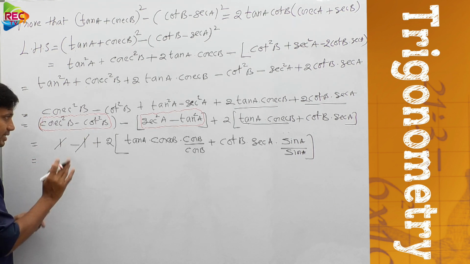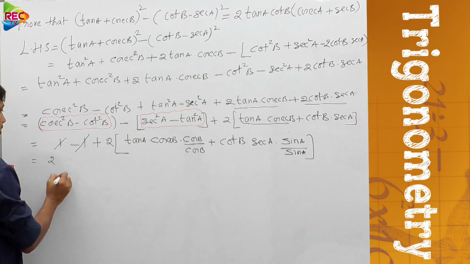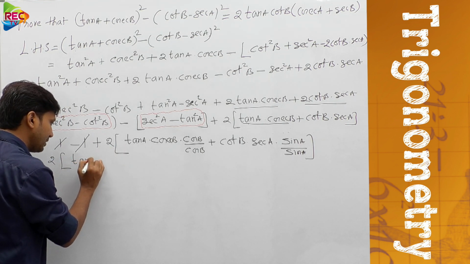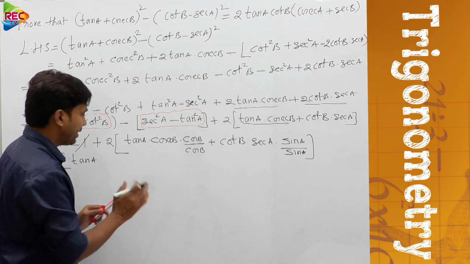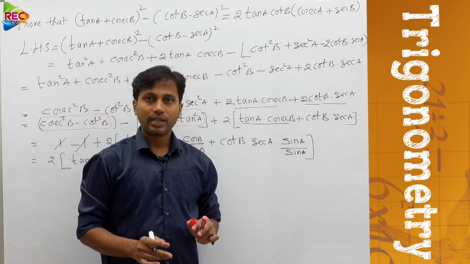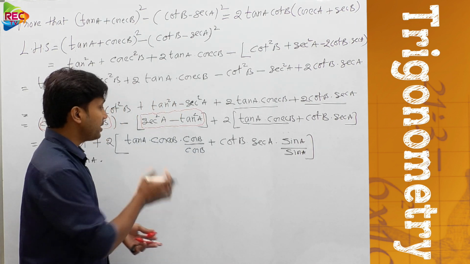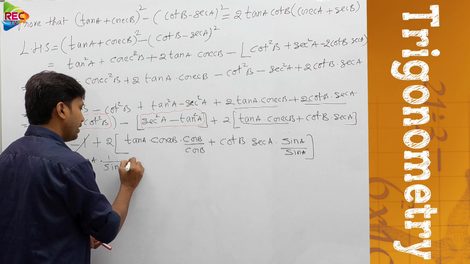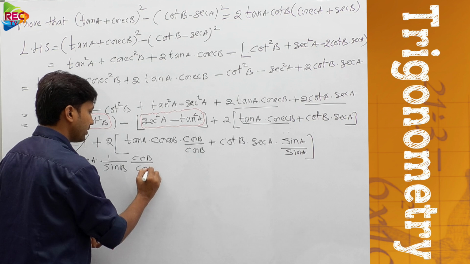Now let us do some rearrangement in the terms between the brackets. So just write it down. 2 is there outside. Now this is tan A, we write it as it is. Now cosecant B can be written as what? 1 by sin B, or not? Tell me, cosecant B means what? As sine and cosecant are reciprocals of each other, we can write cosecant B as 1 by sin B. So therefore this is 1 by sin B into cos B by cos B.